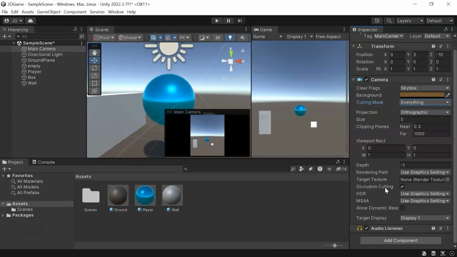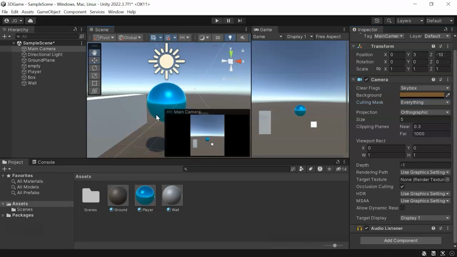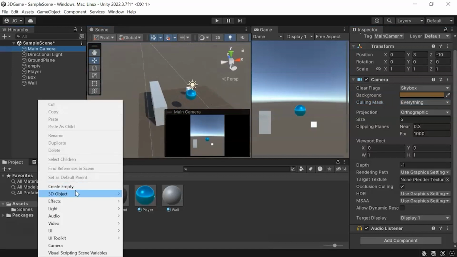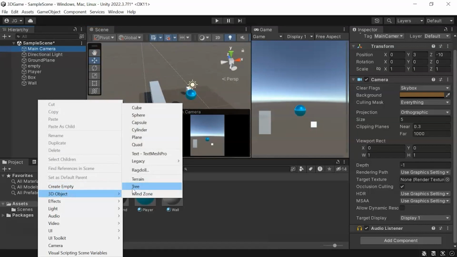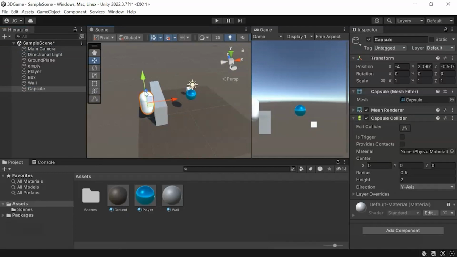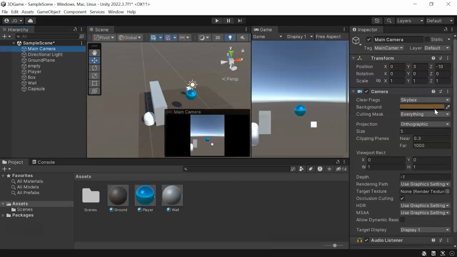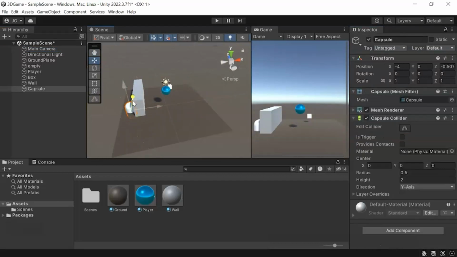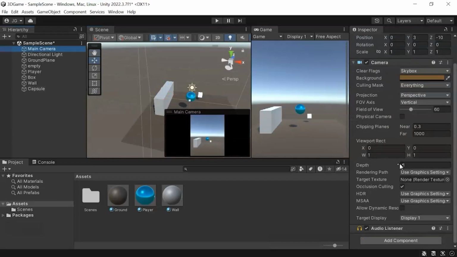We have occlusion culling. Now, if I were to create, you don't need to do this, but I'm going to create a 3D object, and I'm going to do a capsule, and I'm going to stick it behind the wall here. Go back to my main camera, change it to perspective. And I'm going to push this capsule back behind the wall. I got to select my camera again. So now on our camera,